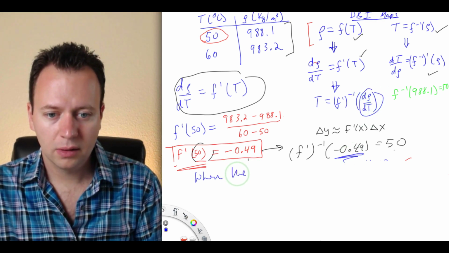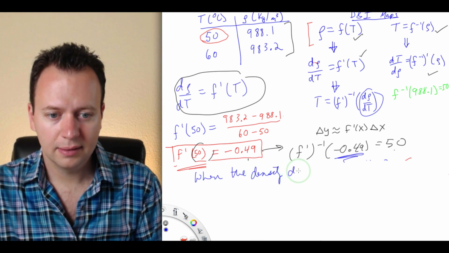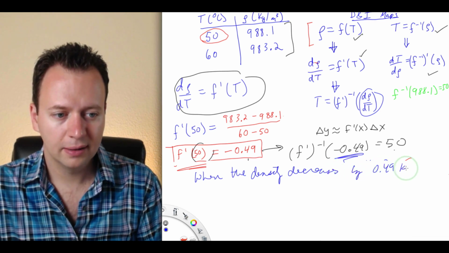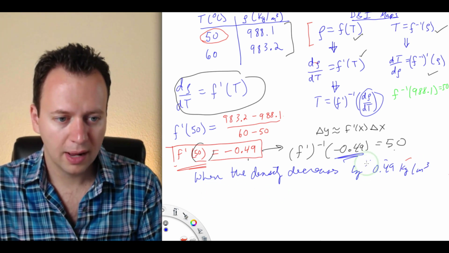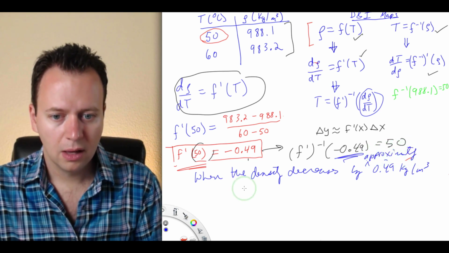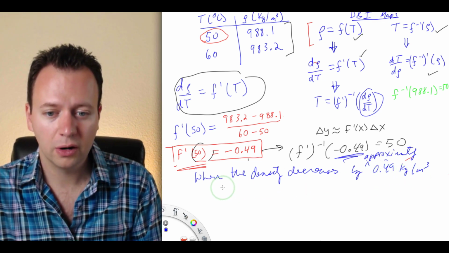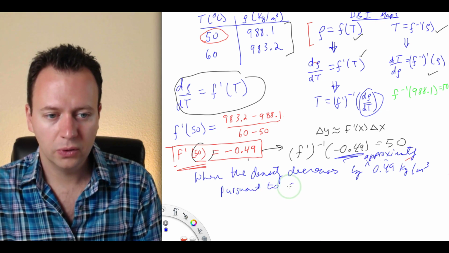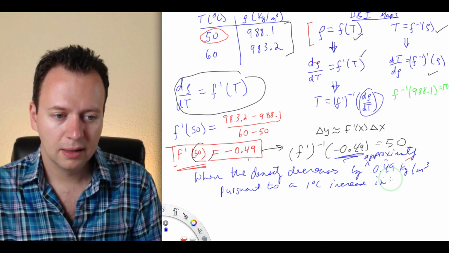So when the density decreases by approximately 0.49 kilograms per cubic meter, always say approximately, let's say pursuant to a 1 degree Celsius increase in the temperature,